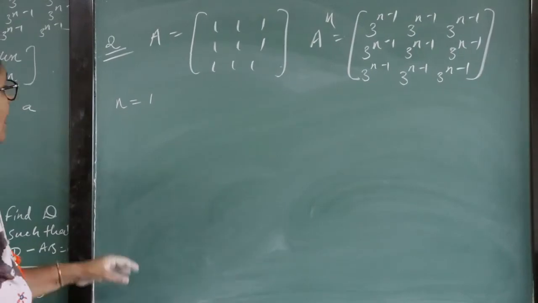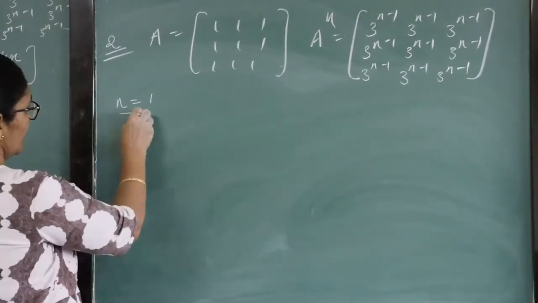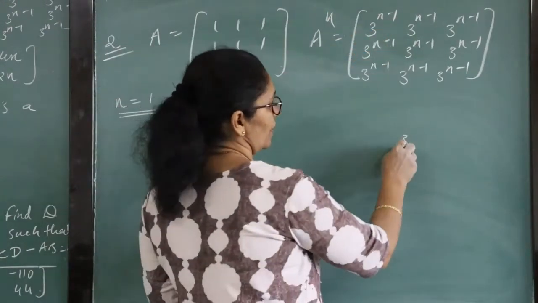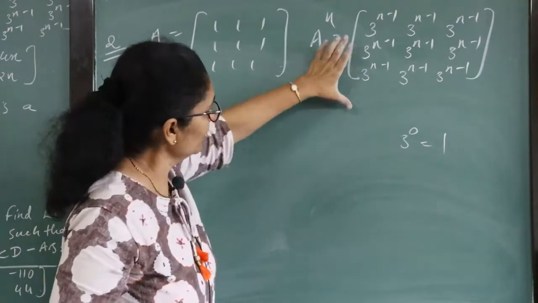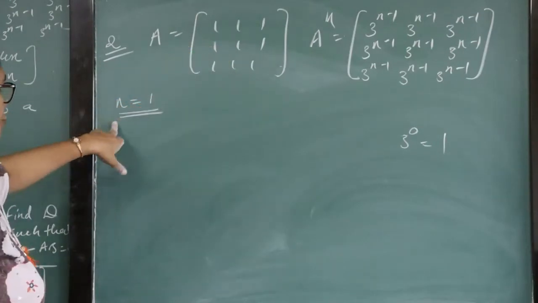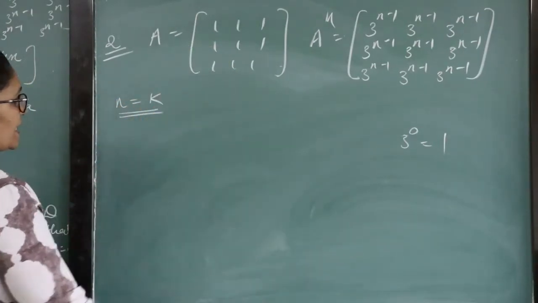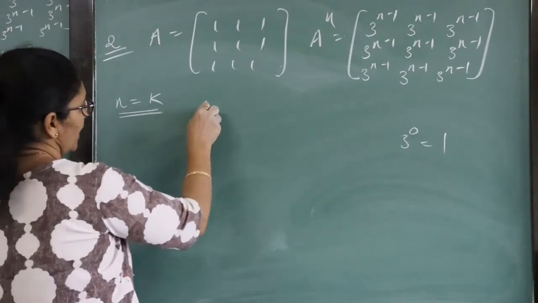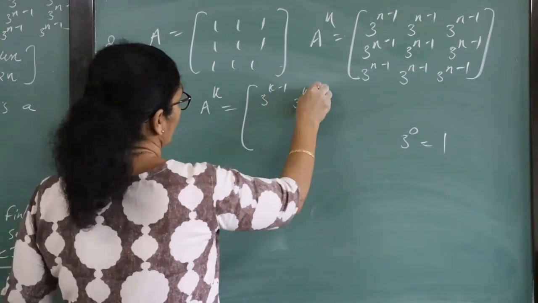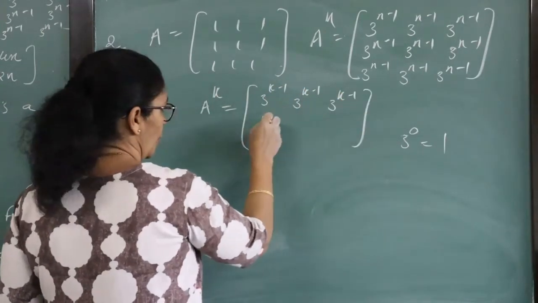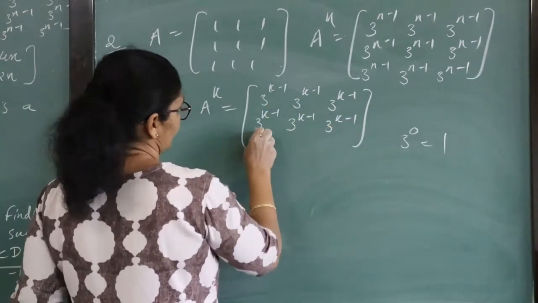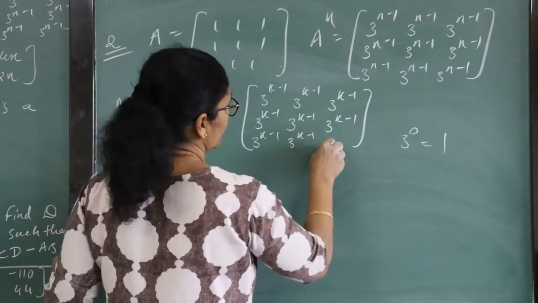So our first step is n equal to 1. If I take 1 here, 3 raised to 1 minus 1 means 0, 3 raised to 0 is 1. So definitely all the terms are same, so all answer is 1, 1, 1, and your matrix A is 1. So first step is proved. For k, second step we have to assume. So P of k, so A raised to k is 3 raised to k minus 1, 3 raised to k minus 1, 3 raised to k minus 1. All those steps are same because all the elements of matrix are same. So we have written directly.